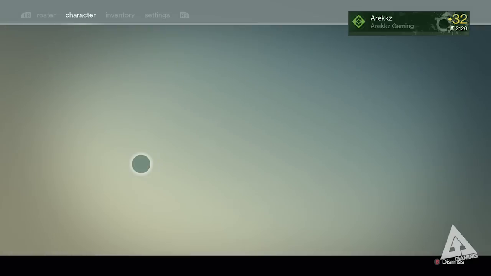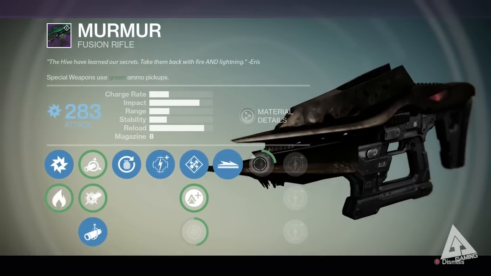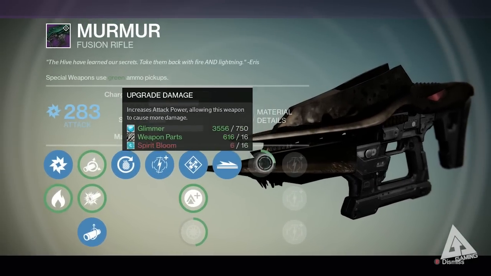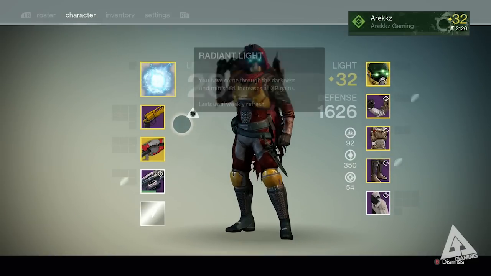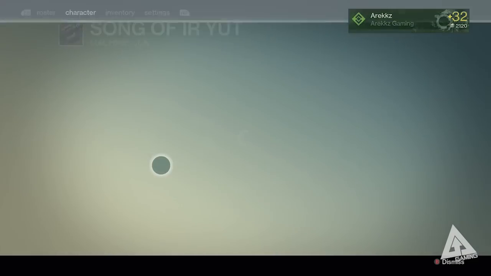And then Murmur, I've nearly maxed out. I've got the key perk for that one, so I can slide further with that. Just got to do the last few on here, but then that is pretty much there. So that's that. And then the only other new addition to my arsenal is Song of Ir Yût,